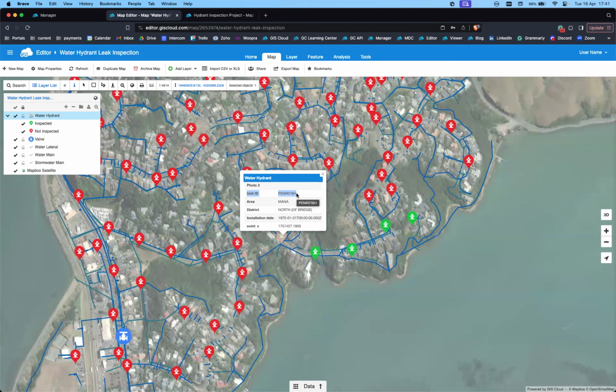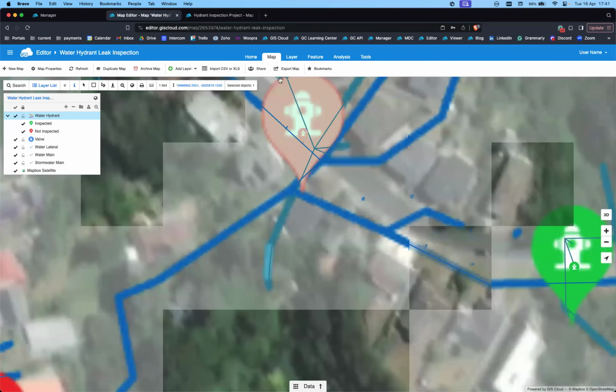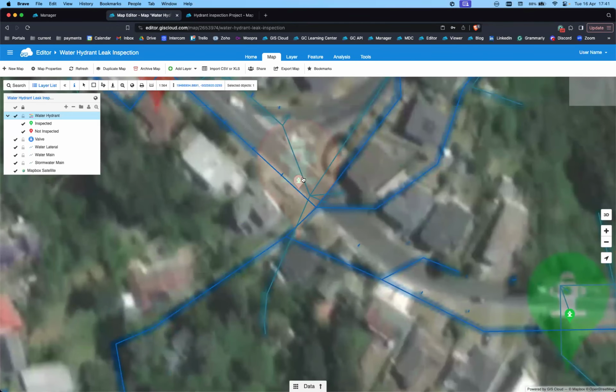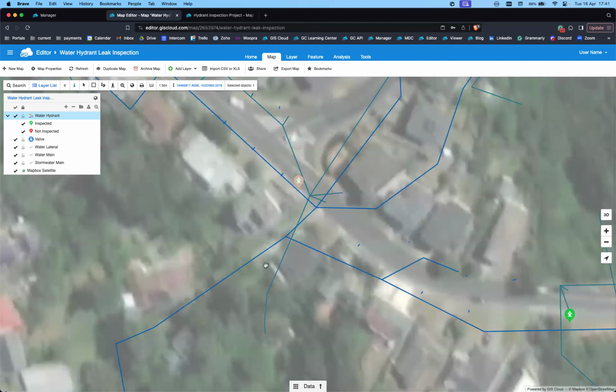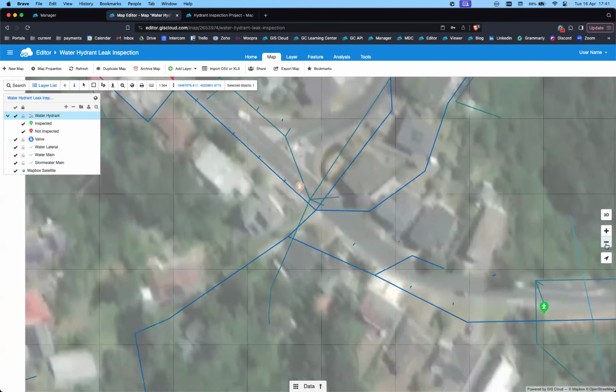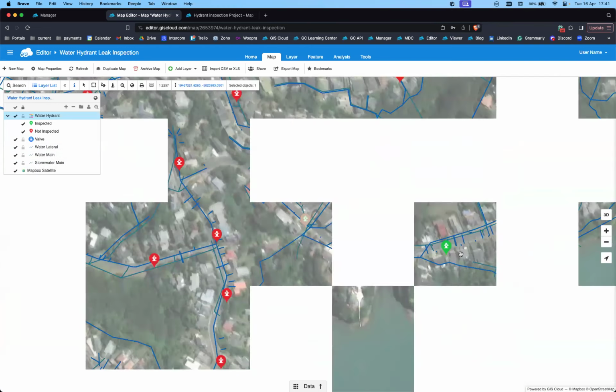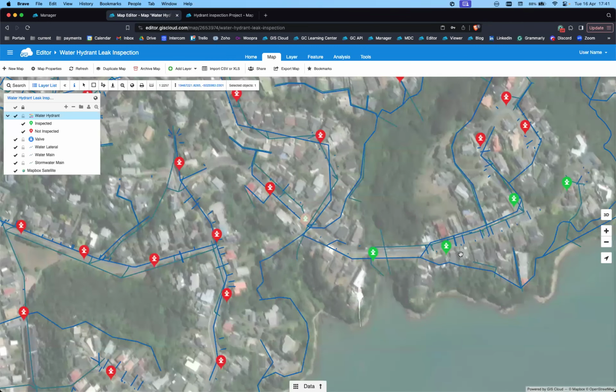And of course, since you have access to the map, you have information about everything that is around this particular water hydrant. So we can also see exactly if there's any kind of valve in the vicinity, which are the water mains that connect to this water hydrant, what are the other pipes that are maybe near that perhaps require some additional inspection as well, or maybe you just need the information